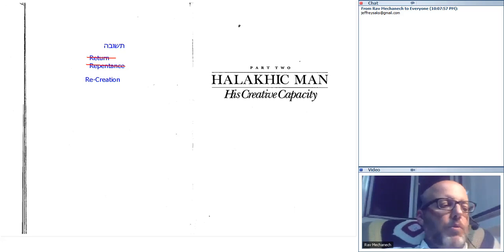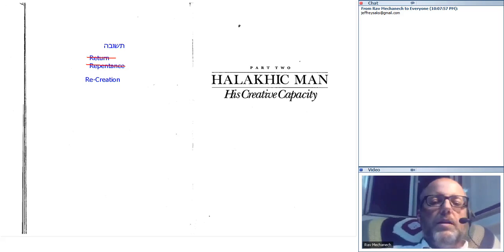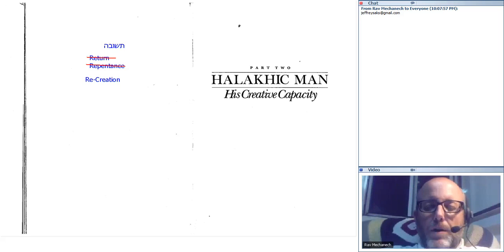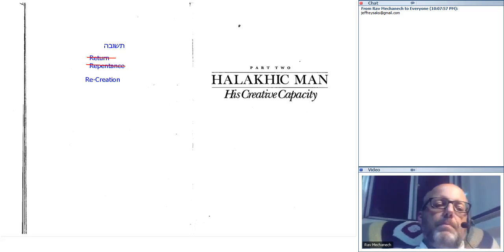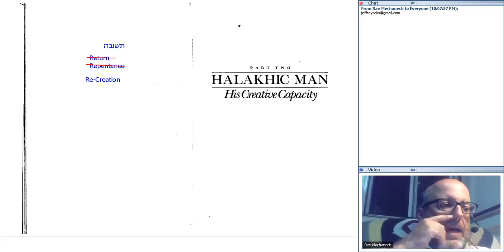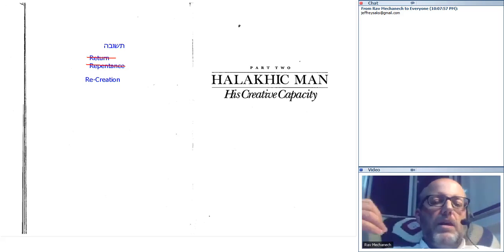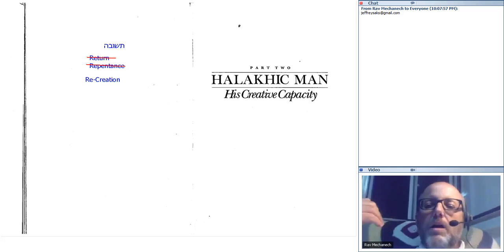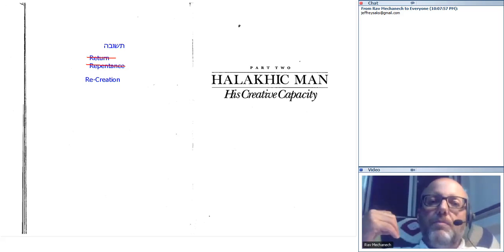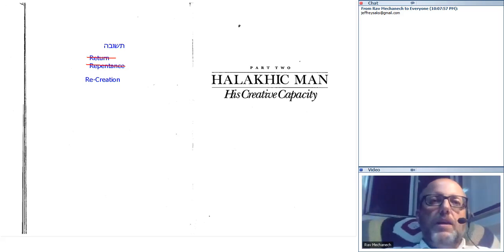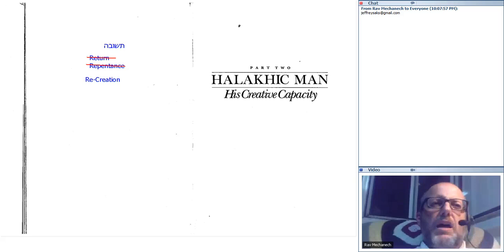But it's important to remember that the emphasis on creativity means different things at different points in Rabbi Soloveitchik's writings. In this essay, in Halachic Man, it's a very specific emphasis on creativity in the spiritual realm, principally through the act of Talmud Torah, a kind of intellectual, spiritual creativity. In other places, there's a discussion of creativity in the other realms, in the cultural realm, in the scientific realm. If you remember from our study of the Lonely Man of Faith,